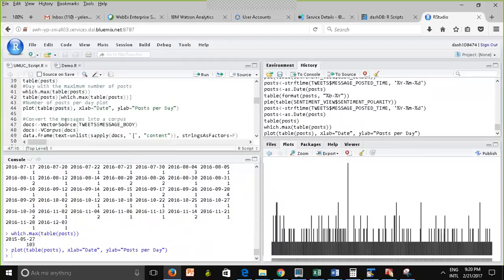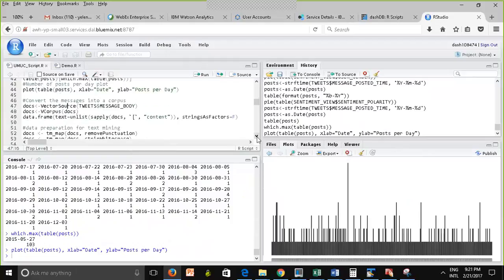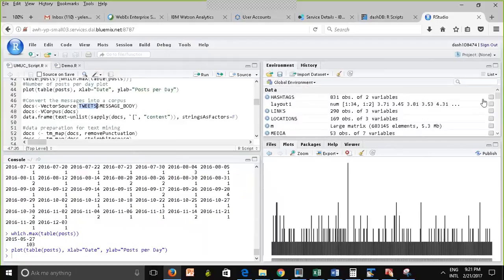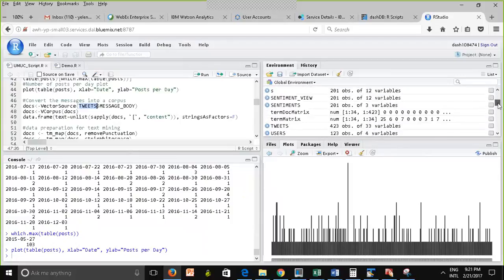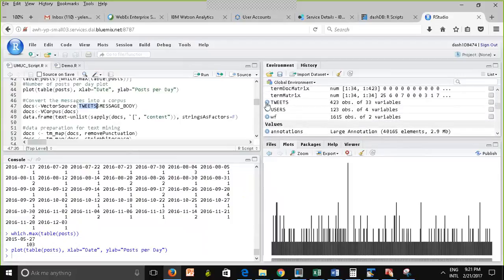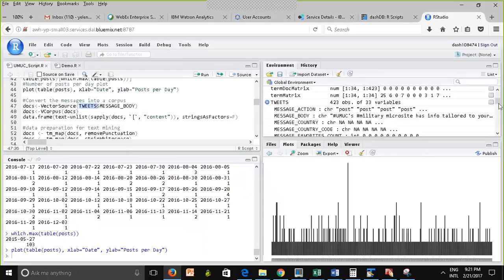And here, this is a key part. If you want to do the text mining, and I added it this semester because some people asked me for it last semester. Tweets table, tweets data frame. See this? If I go in here, the tweets data frame has a field called message body, right?